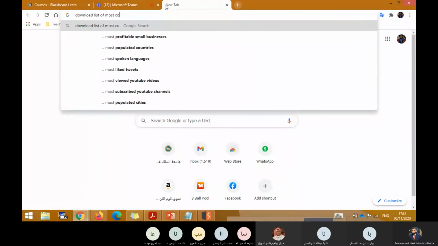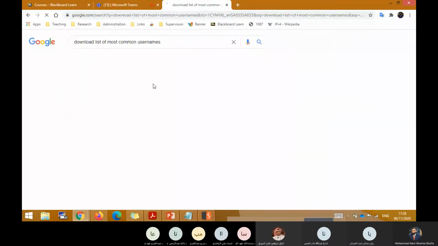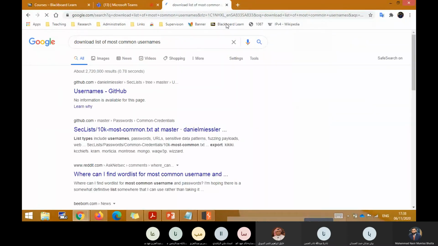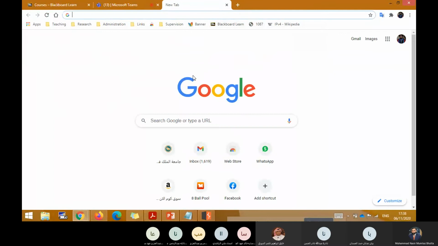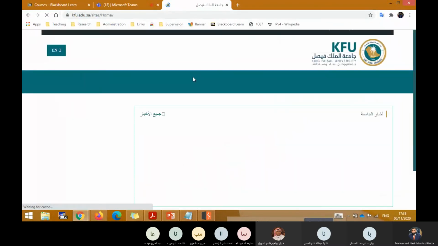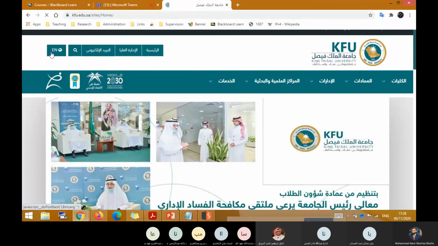But I tell you, if you are attacking, for example, Jamia Malik Faisal, or if you are attacking, for example, Google, or Microsoft, what you can do is go to their website, for example, the KFU website.